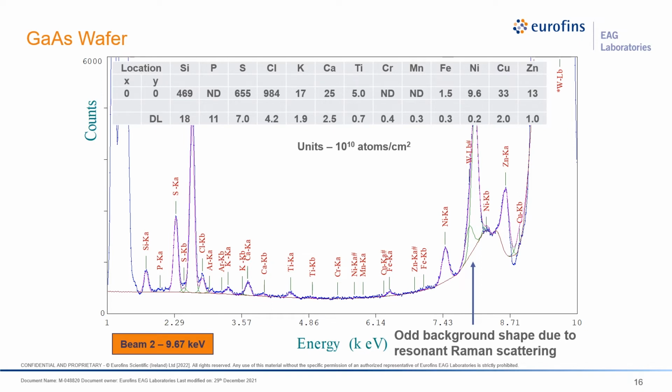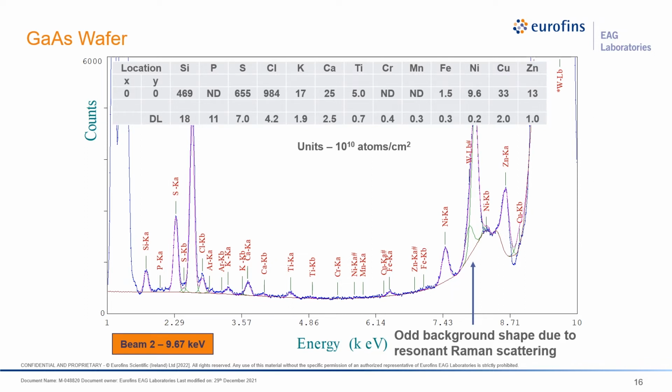then flattening out. So this kind of strange background hump is actually due to resonant Raman scattering from the gallium atoms. So it's an odd phenomenon where the incident beam energy is very close to an absorption edge on gallium. And so some gallium actually ends up absorbing the incident photon to create an excited state, which then decays, which then gives off a bit of a continuum of different